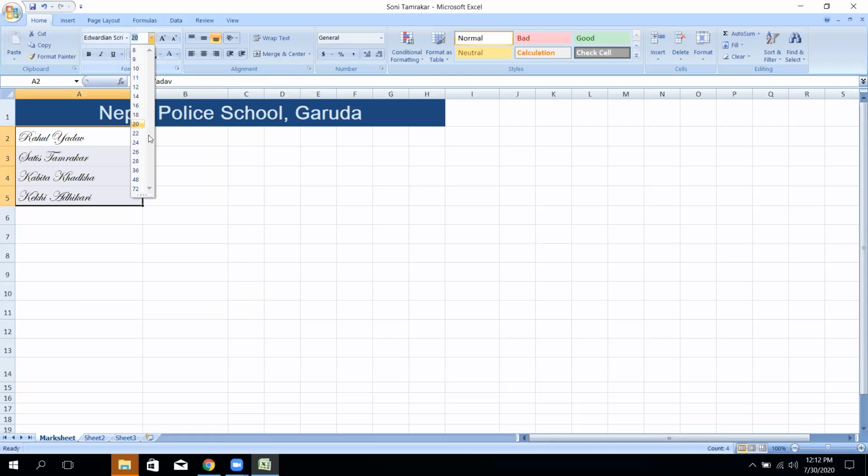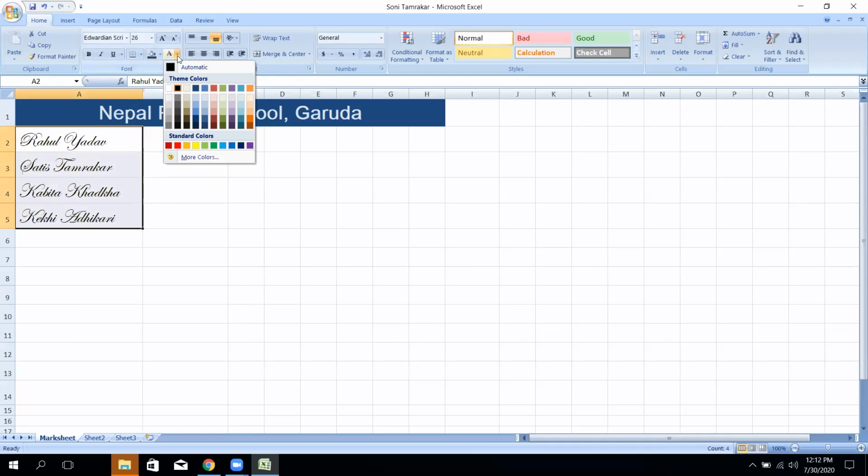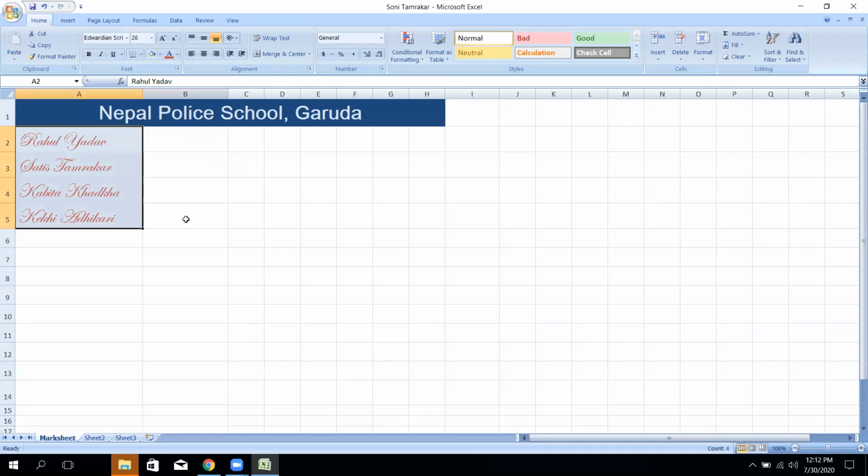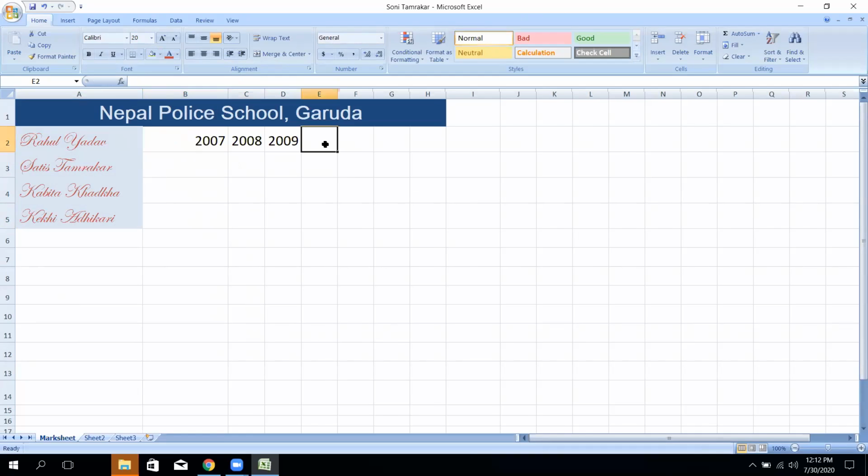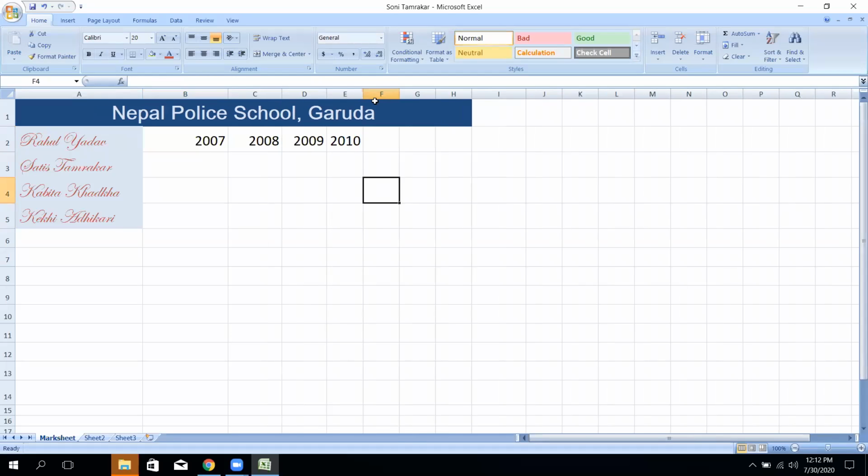Which one do you want to choose? You can use that. You can also use color combinations for good attraction. Okay, so all are related things. Okay, sex. You can use the amount here, the year 2007, 2008, okay, 2009, sorry, 2010. There are four years that I'm going to share with you.